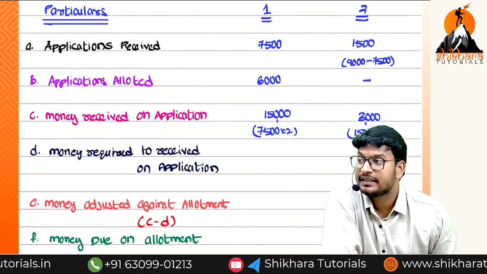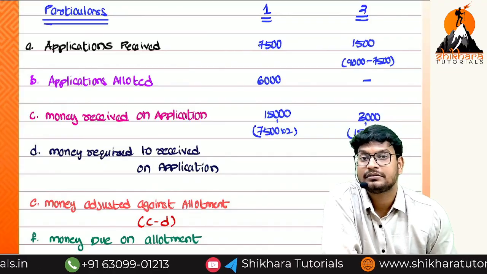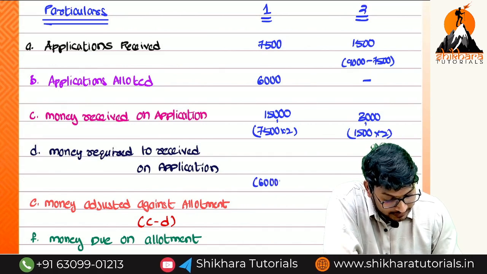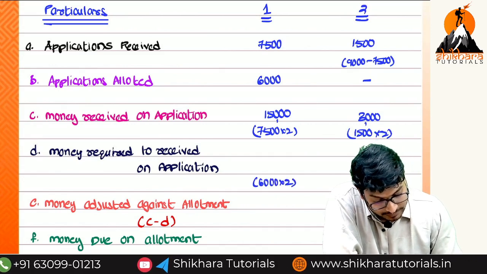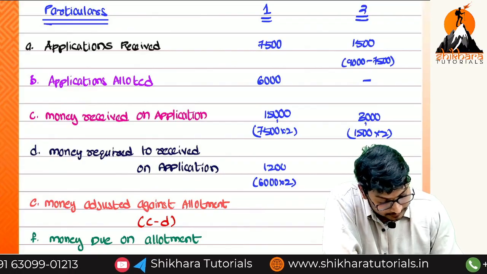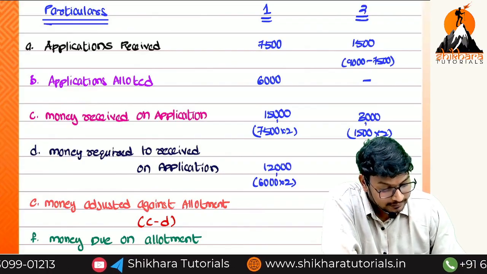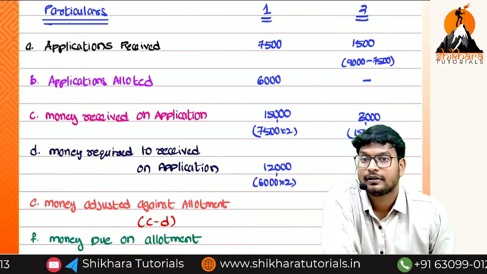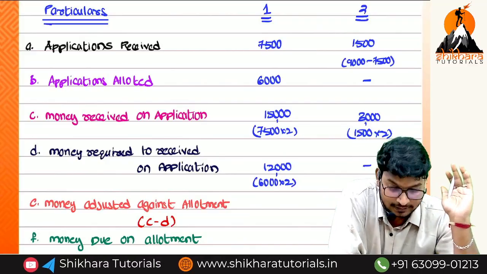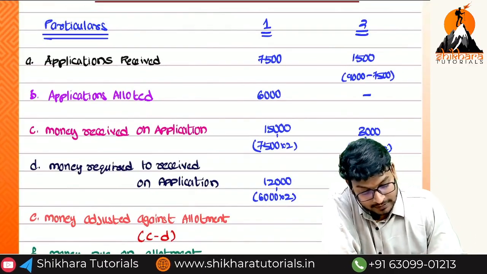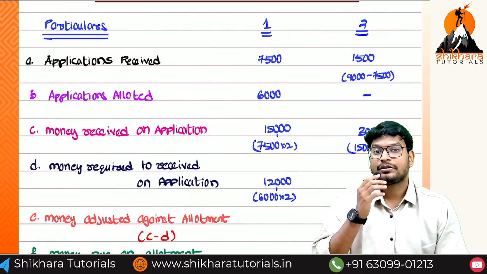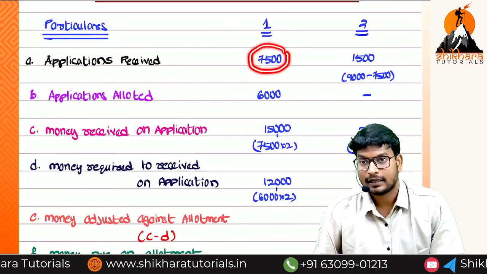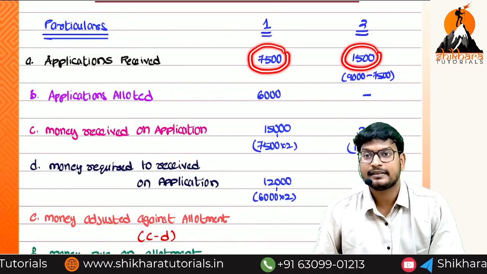Required to be received means on how many shares only we need to receive? 6,000. So how will get the calculation? 6,000 into 2. That is equal to how much ma? 12,000. Okay na? Here nothing should be received because we are rejecting. Guys, fine. So see once again. We are dividing the total 9,000 into how many parts ma? 2 parts. 15,000 is a pro rata allotment and 1,500 is rejected.